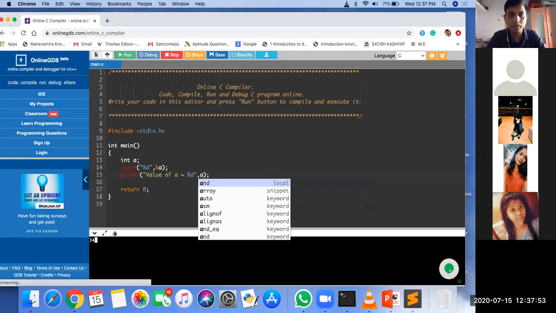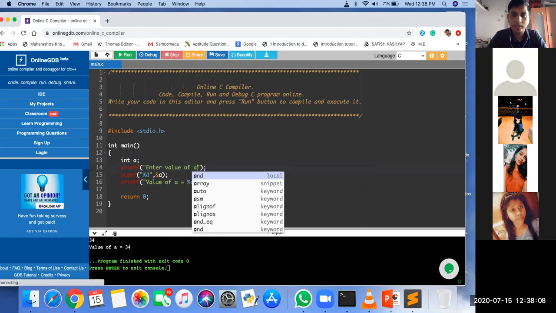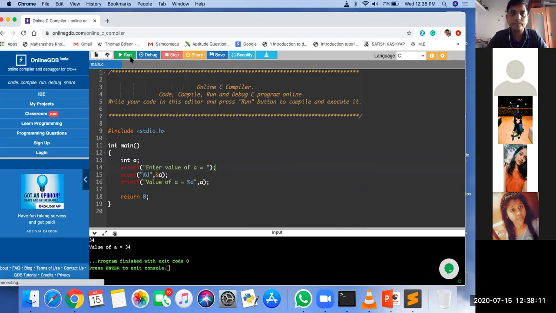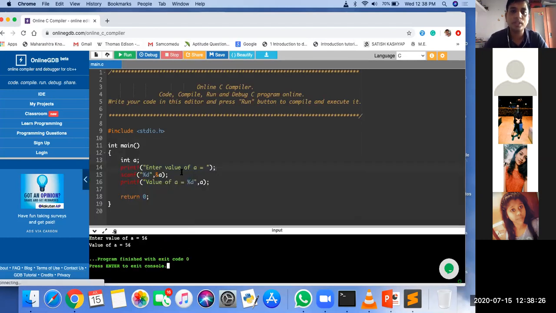I'm inputting 34. So the value of A is 34. Perfectly fine. So you can add the printf statement before the scanf, that is, enter the value of A, and then you can run it. Now here it will ask you to enter the value of A, suppose 56. So the value of A is 56. Okay, so it will support the user input. Just you need to select that interactive console.